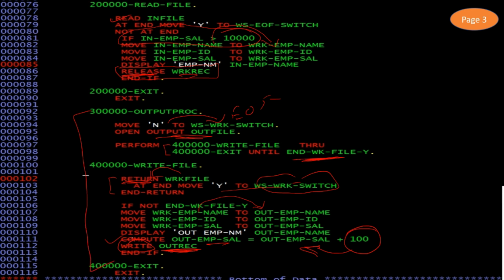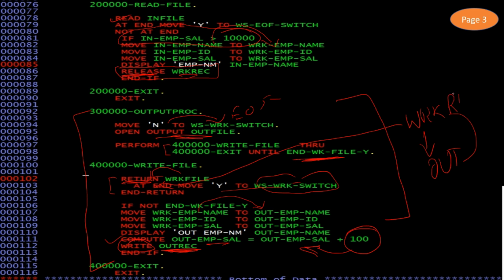I think you understand it very well. So in the output procedure, what happens? We will read the work file using the return command, and then we will write into the output file. Here we use return.